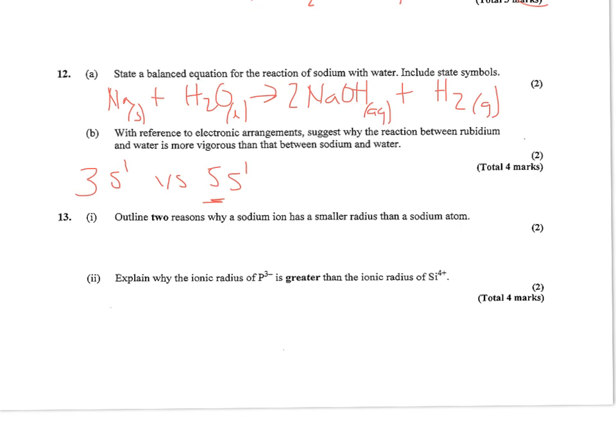Number 13, part 1 says, outline 2 reasons why a sodium ion has a smaller radius than a sodium atom. Well, a sodium atom